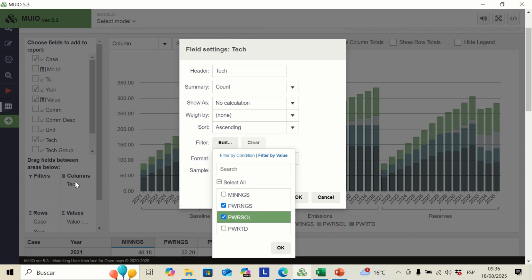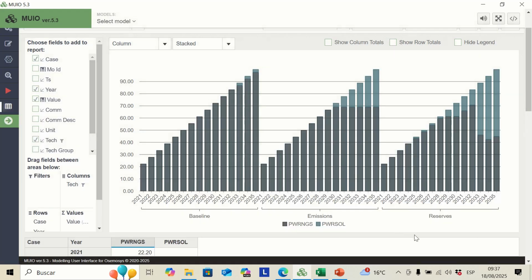So once again, just right click here in tech, then you will have this window pop up, and then you need to click on edit, select your desired technologies, okay, and notice that here you have the behavior of the demand, because the demand is constant for all the scenarios, so we should see the same for everything. And notice that here the difference is just like in the first scenario, in the baseline, we are producing mostly